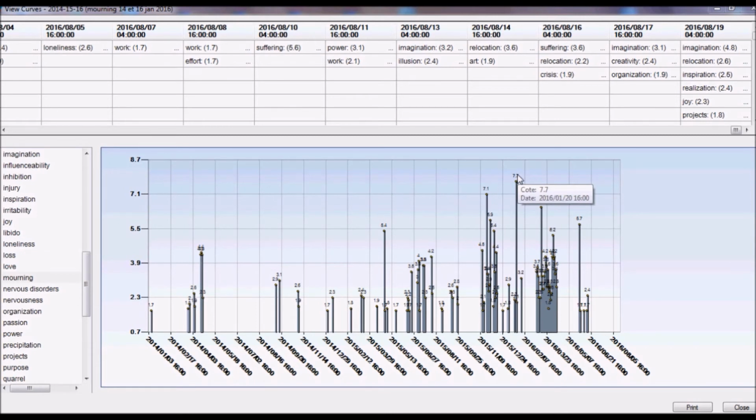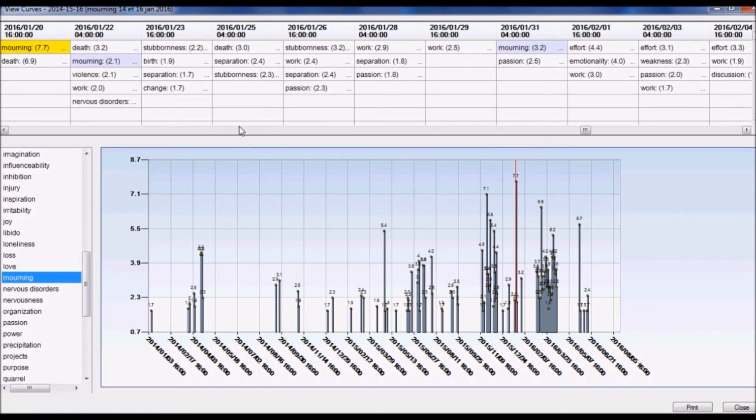It is situated on the 20th of January 2016. Therefore, over 2.5 years, it falls at only 4 days of the death of his brother and 6 days after the death of René Angélil. Now look, if I click on the peak here, it will take us exactly to the 20th of January 2016,